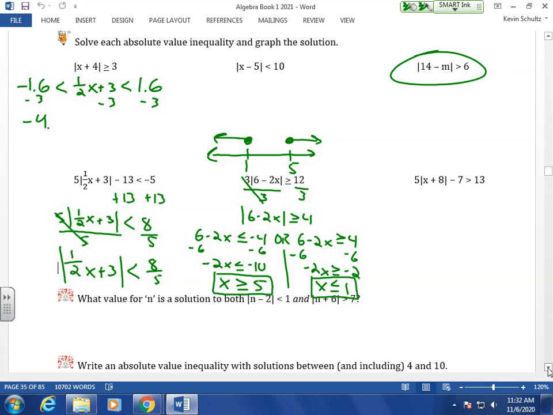That gives us negative 4.6, which is less than 1/2 x, which is less than negative 1.4. And in our next step here, when we divide by 1/2, what's the same as dividing by 1/2? Really, when you divide something by 1/2, what's actually happening to it? Not multiplying by half, you're multiplying by 2. You're doubling it. So when we divide by 1/2 here,